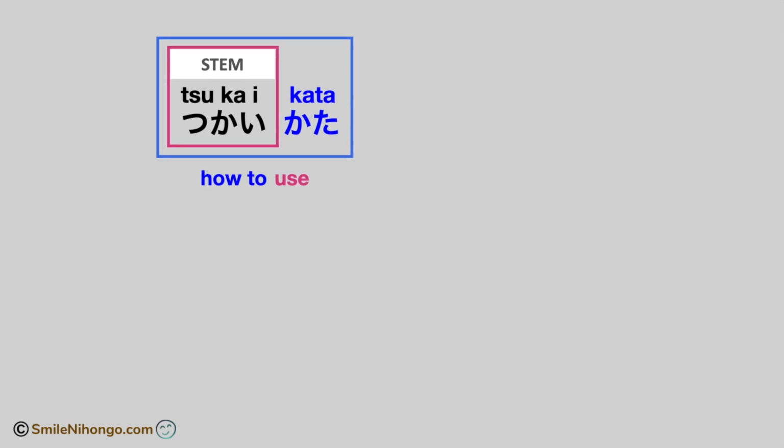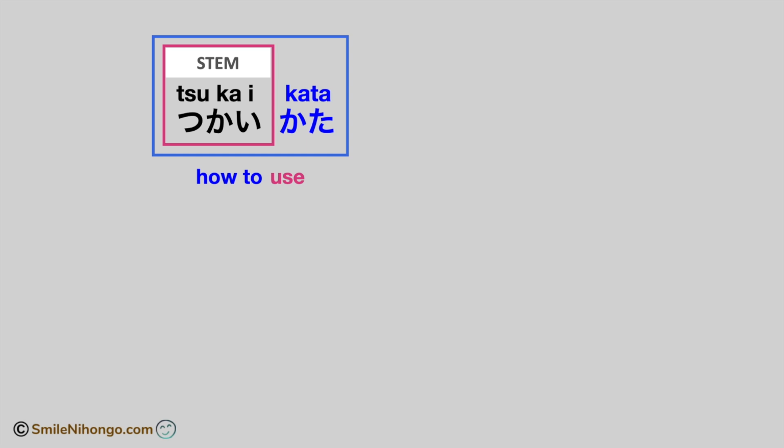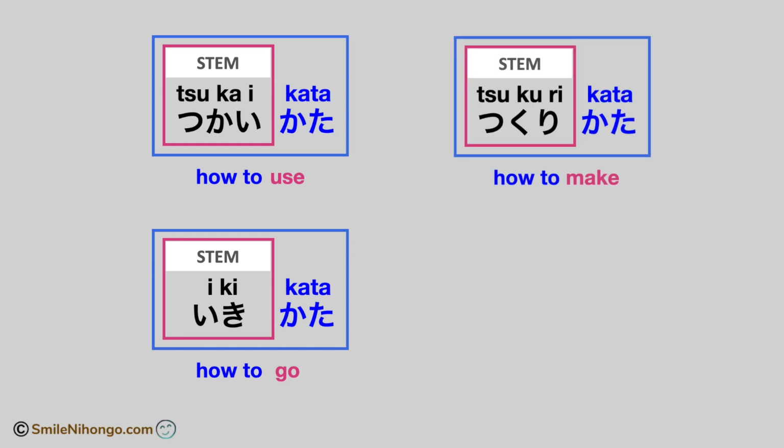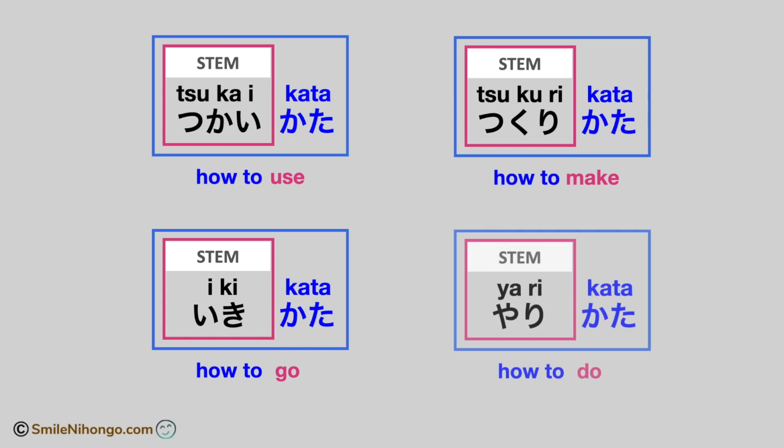So how to use is 使い方。How to go is 行き方。How to make is 作り方。And then how to do is やり方。